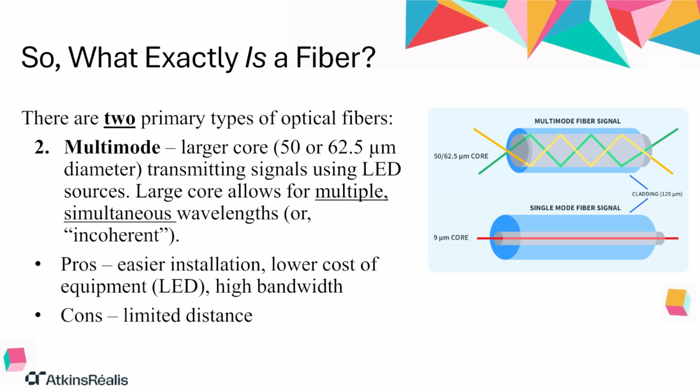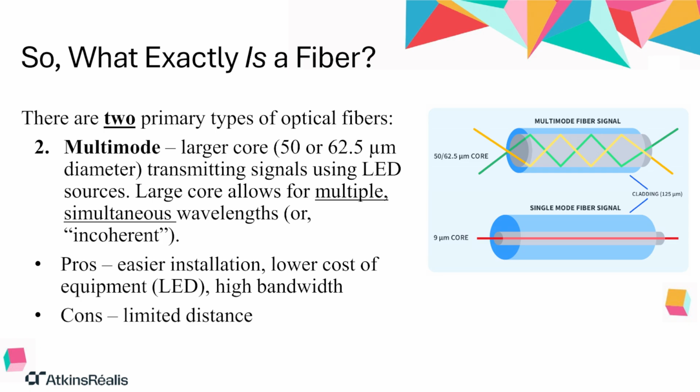What's multimode then? Multi-mode fiber has a significantly larger core, typically 50 or 62.5 micrometers. Because the core is bigger, it allows multiple paths or modes of light from less expensive light sources like LEDs to bounce around inside simultaneously. The pros: It's generally easier to install, the connectors are less sensitive to alignment, and the LED light sources are